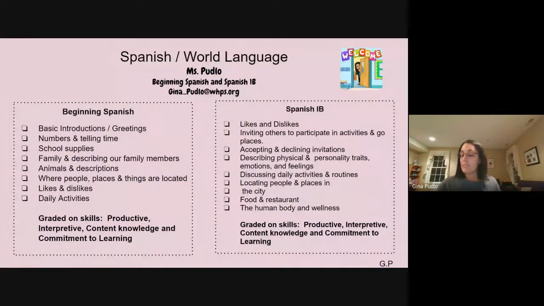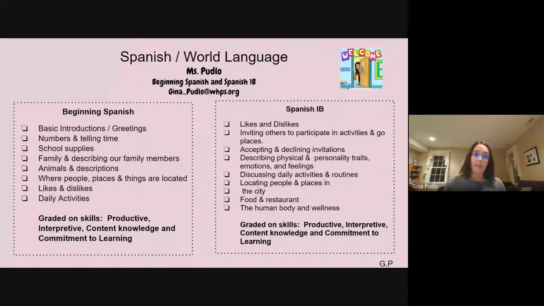Similarly to language arts, the 4 major skills that we work on in Spanish are reading, writing, listening, and speaking. So for reading, we try to get into some authentic texts and practice our comprehension with reading. For writing, we have our first big writing assignment coming up, and that'll be in the form of a comic strip next week, working on our current unit to apply what they've learned so far this year.